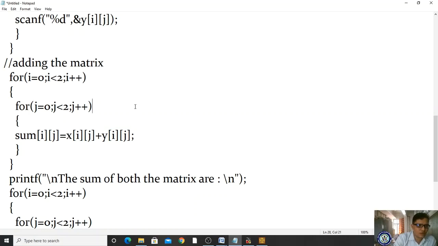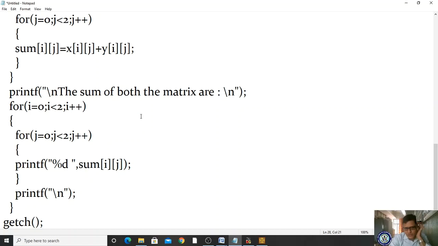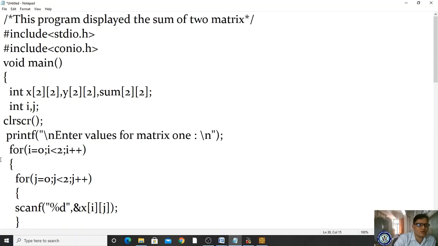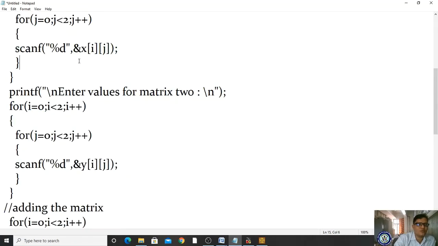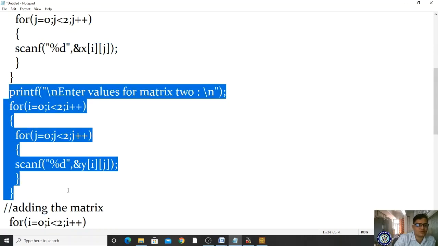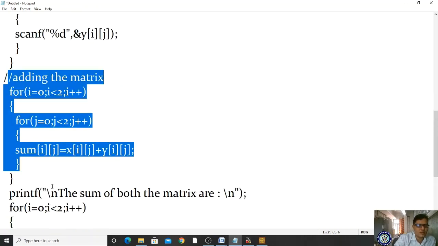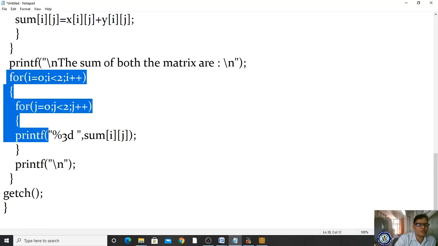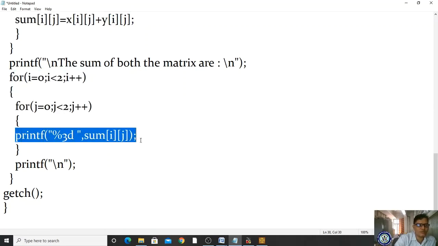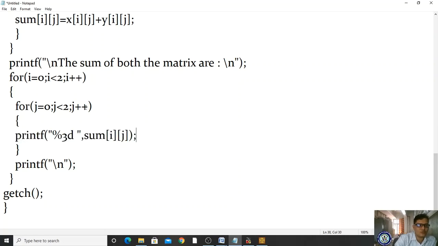After processing, what are we supposed to do? We have to display the output, right? To display the values, I'm giving %3d here. The same for loop. Please observe: you use scanf to read and store, then you process, and afterwards you display. Same for loop, but instead of scanf here you use printf. After the first row, control moves to the next row and displays the result. Clear? Let us see this program.